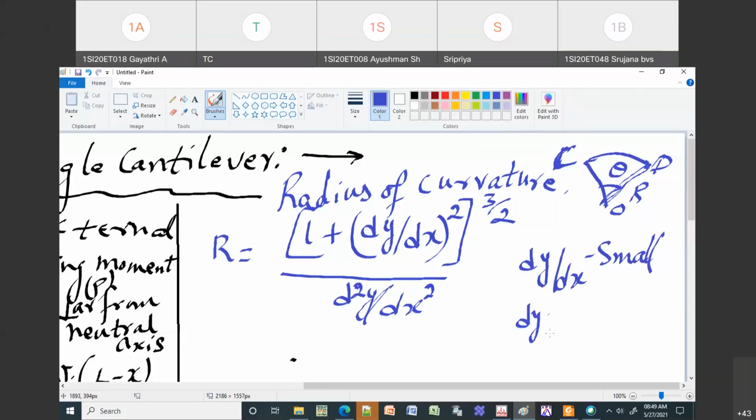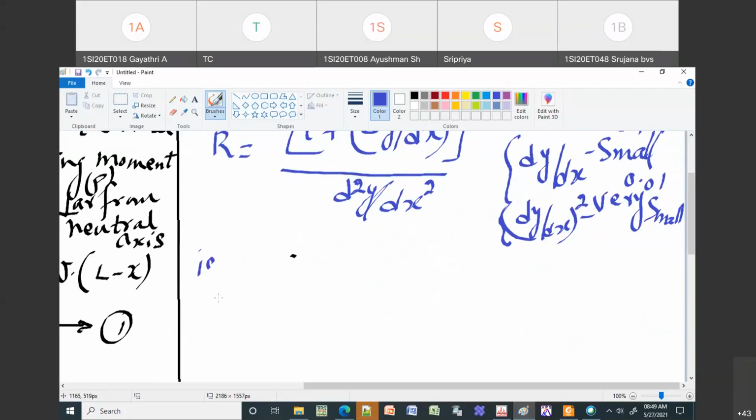(dy/dx)² will be very small. For example, if I take dy/dx as 0.1, then (dy/dx)² is 0.01, which is even smaller. So I can ignore this. Ignoring the dy/dx term, which is very small,